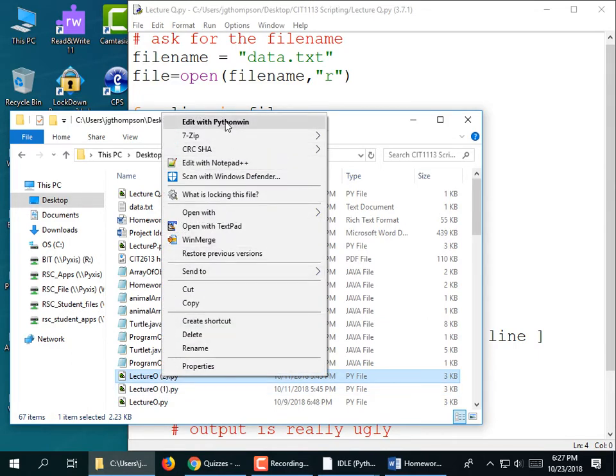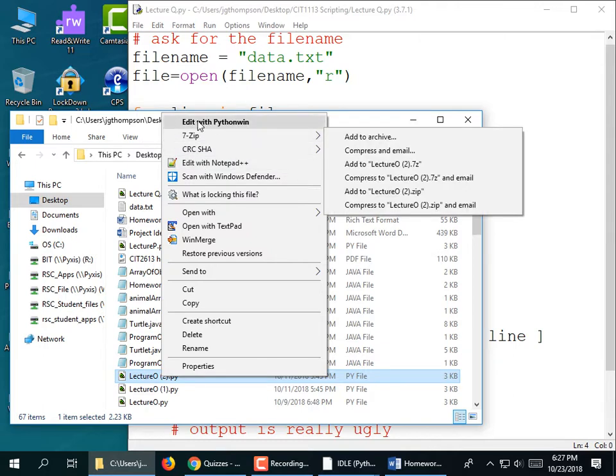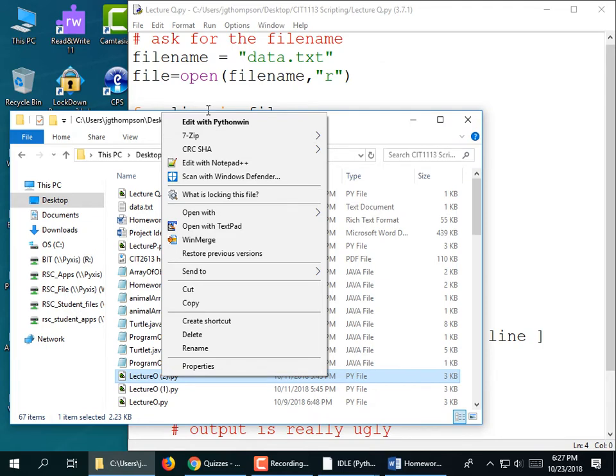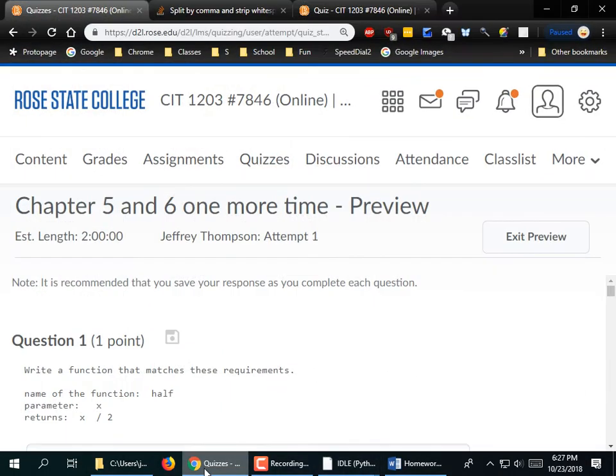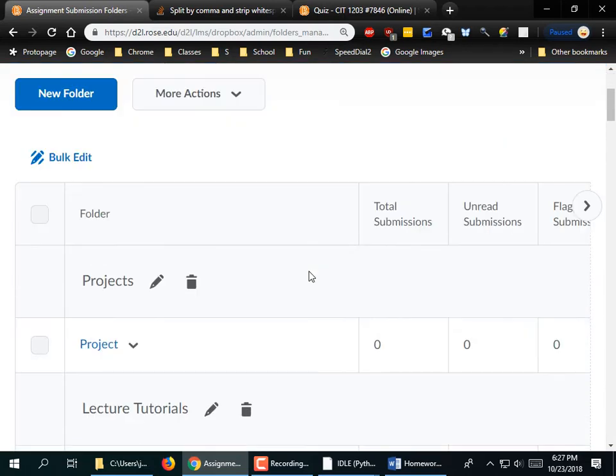But really, honestly, IDLE should be one of the things listed here, but it's not on these PCs. It ought to be, you know, open with IDLE, and I'm not seeing it there. I don't know why. I should ask the IT guys down the hall. Alrighty, we almost have no more time. That's a drag. Let's go look to see if there's another assignment question that says, based on lecture on October